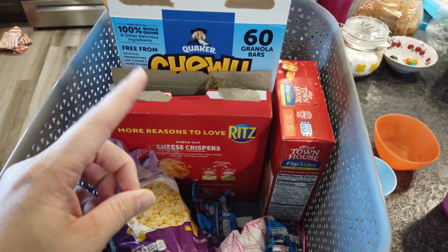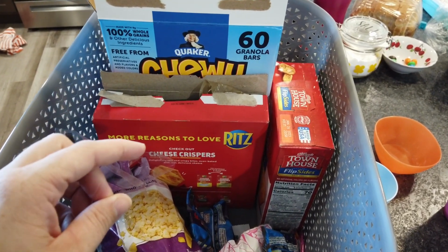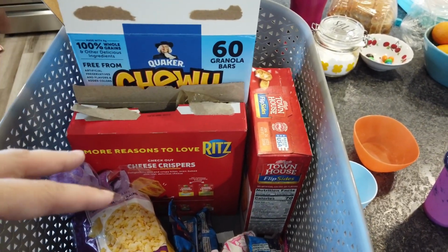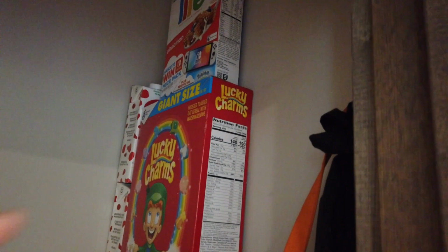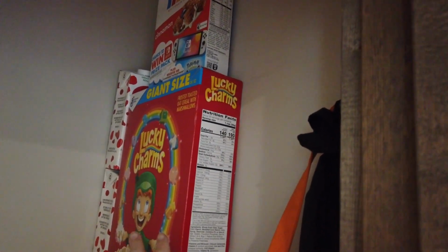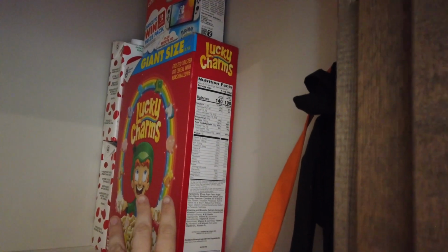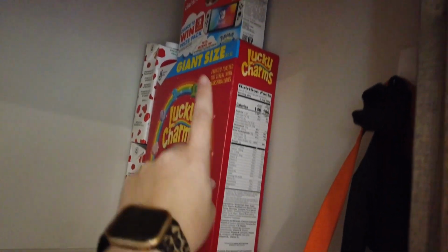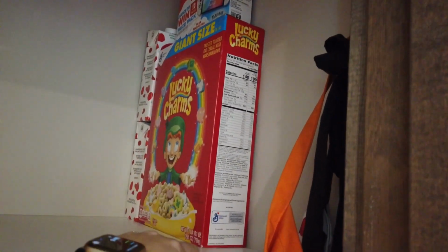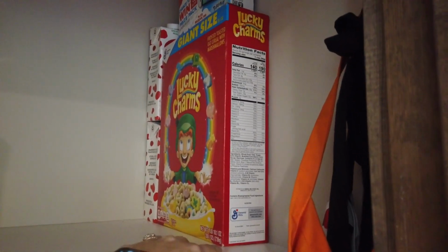And I'll show you kind of where I keep more of my back stock of things. But these are just kind of things that are open that we're currently eating and trying to go through. Back up here in the pantry, I have space for like 2 boxes of cereal, which is fine because we usually don't have more than like 2 or 3 open at a time. So I currently have Lucky Charms and Life up there, and then I can show you when we go upstairs to my food storage where we keep all of our backup